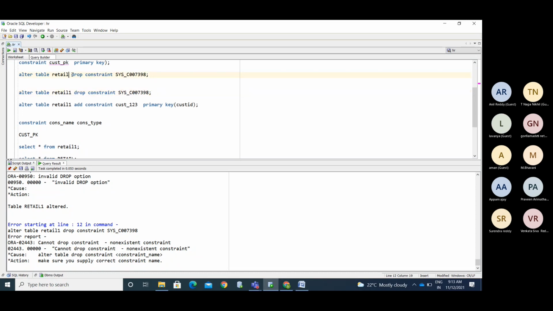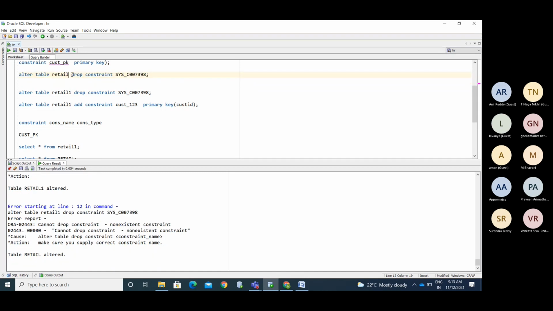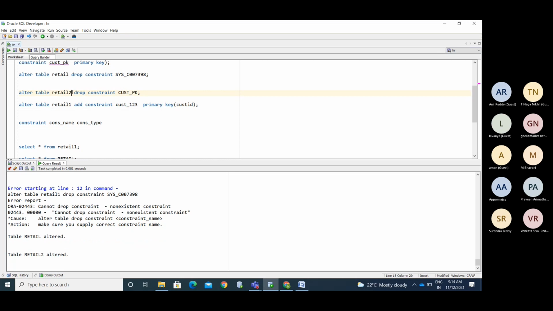This is the not null constraint on the retail 2 table, so now I can drop this. Everything will be the same, but adding the not null constraint is different.